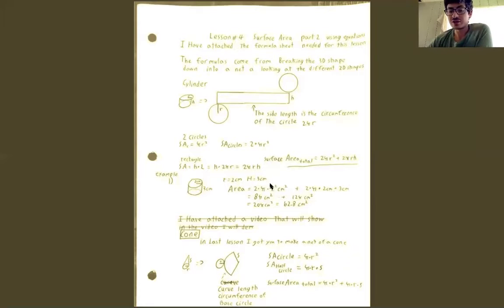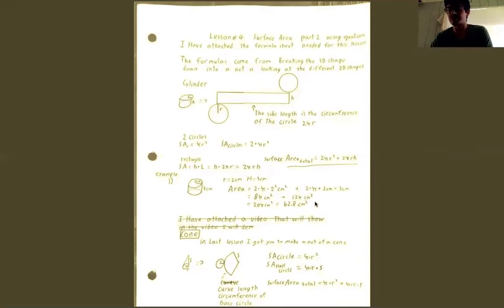So here what I did in my next line is an optional step. Some questions might ask you to leave your answer in terms of pi, so you can do it this way. But you can just plug this all into your calculator if you prefer. I do recommend solving for one part of the equation first, and then solving for the second part. A lot of mistakes happen with calculators if you try to enter everything at once. So solve for that first part, write it down, and then do the second part, and then do the